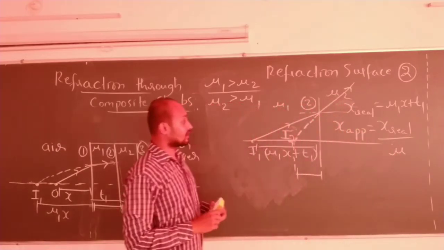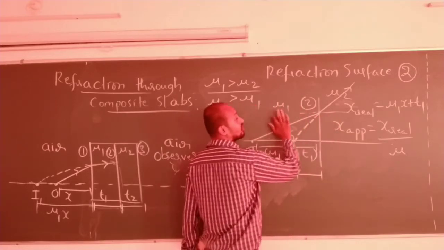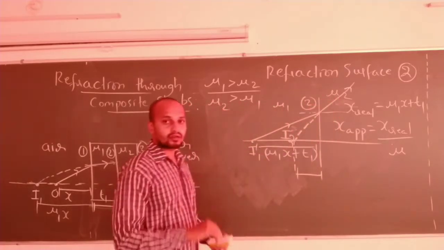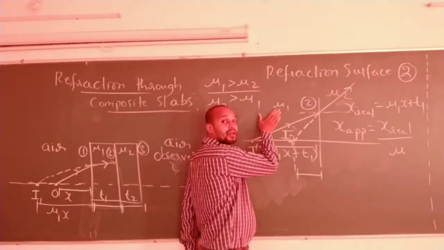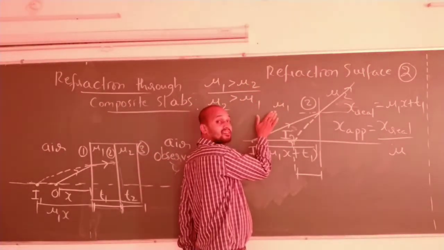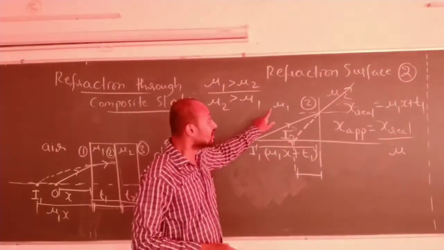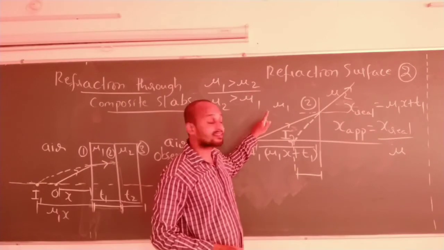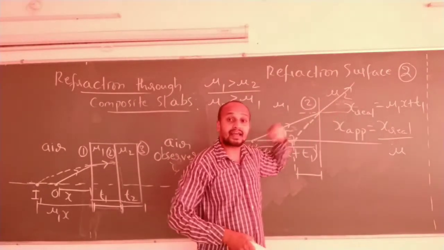now here you have to understand: the refractive index of the second medium to the first medium, or the first medium to the second medium. You go back to the normal shift. I have taken mu in the previous derivation as the denser medium refractive index. In these two cases, what is the denser medium? Mu1 is the denser medium, and mu2 is the rarer medium.